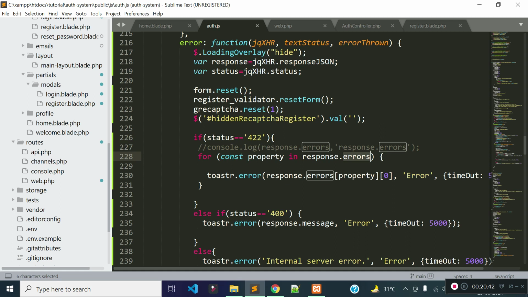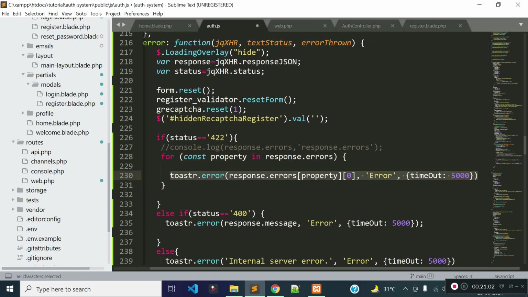We can get the validation errors inside the errors key. You can console log response.errors to check how Laravel is returning the error messages, and then I am looping through all the errors and displaying them one by one in the toaster.